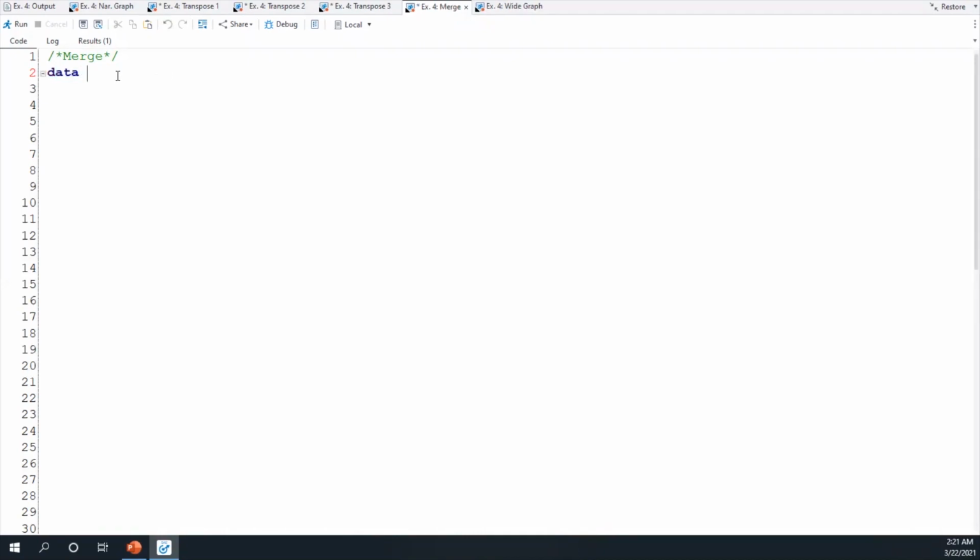So starting out with the data statement, I'm going to call this table example for AC sales wide.